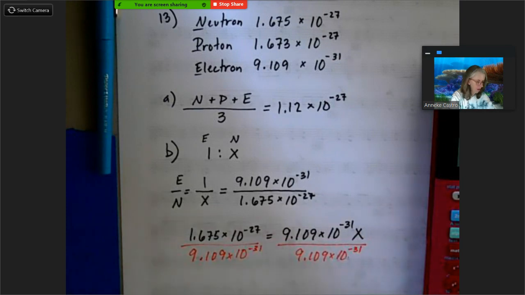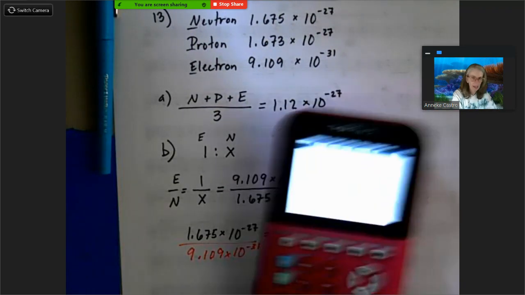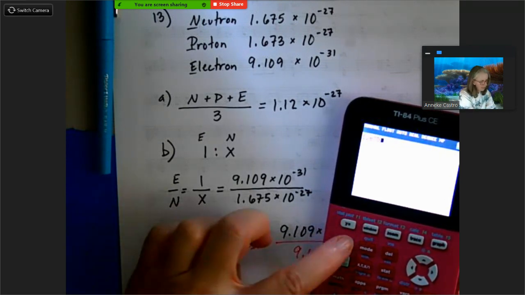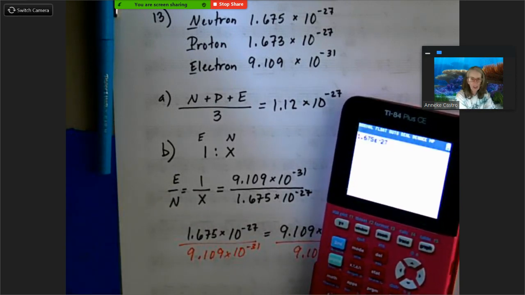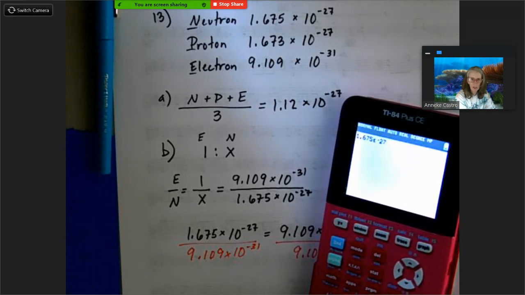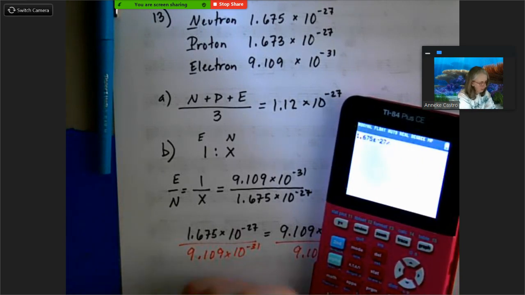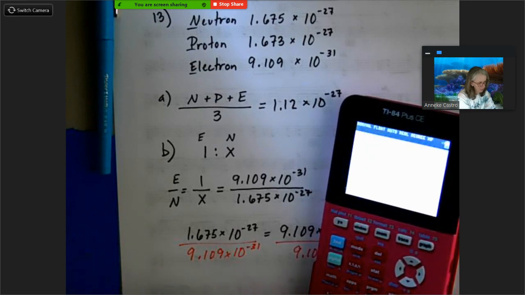Now we're going to do that on our graphing calculator. And I'm going to do it using my scientific notation on here. So let's do 1.675, second comma, negative 27. So that gets me my scientific notation, so the calculator knows that that's just one number, and I don't really have to worry about order of operations. Divided by 9.109, second comma, negative 31. And hit enter, and I get